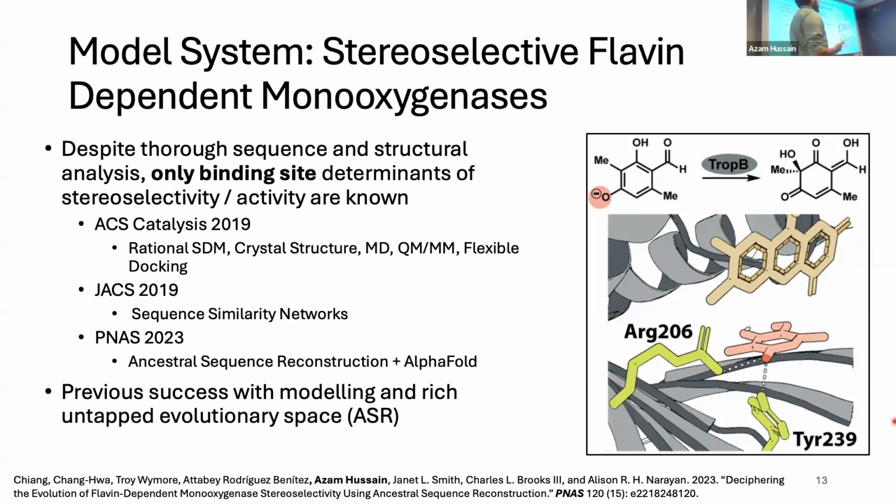It's better than nothing. And for reactivity, we have previous site-directed mutagenesis experiments with tyrosine 239 and 206, and we know that from a previous paper that Chad got in PNAS, and that's why I really like Chad, because I was dragged onto it for the computational modeling. So that's why I could say I have a PNAS paper. But basically the point is in this paper we wanted to understand why exactly a specific enzyme